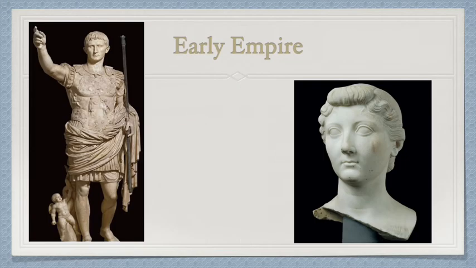All right, now we're going to move to the early empire. So with the murder of Julius Caesar in 44 BCE, this then led to a period of bloody civil war. In 31 BCE, Octavian, who was Caesar's grandnephew and adopted son, defeated Mark Antony and Cleopatra of Egypt. In fact, they both ended up committing suicide. So Egypt, which was once the wealthiest and most powerful kingdom in the ancient world, became a province in the